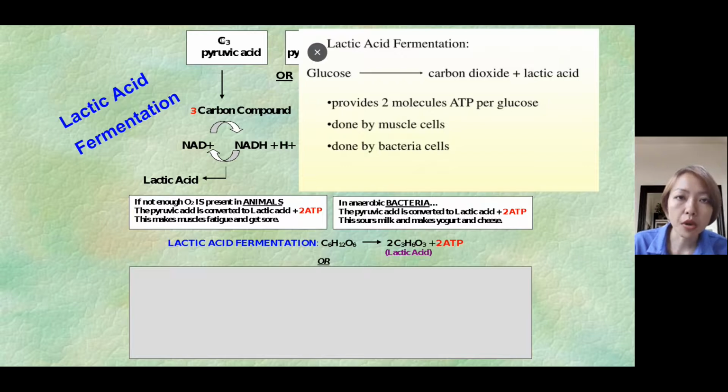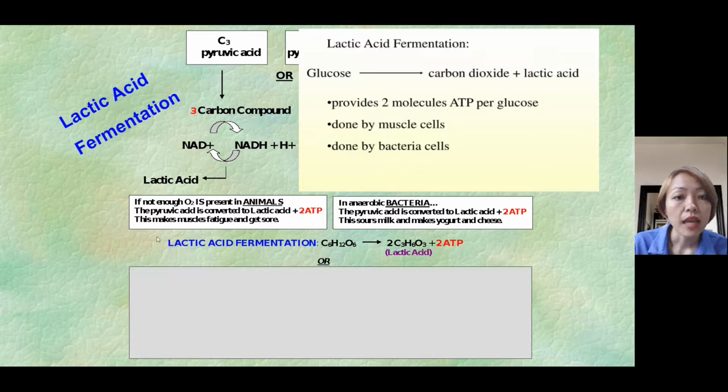All right? So remember, how many carbon molecules does pyruvic acid or pyruvate have? Three C's, three carbon molecules. So that three-carbon compound will act with our NAD plus. Every time a carbon is removed, the NAD plus will trap the electrons, and it is the electron carrier. Okay, if there is no oxygen, if not enough oxygen is present in animals, the pyruvic acid is converted